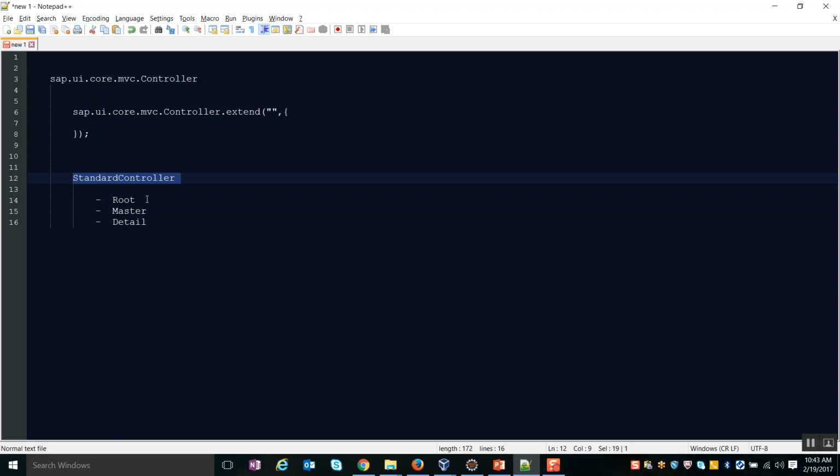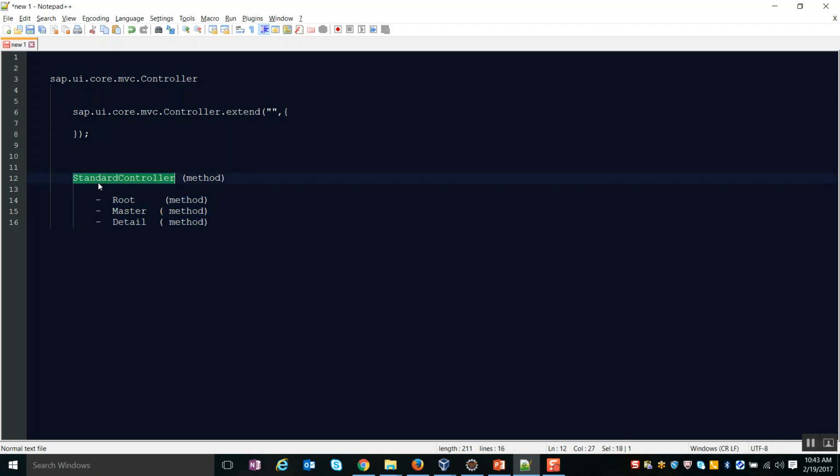But that is not something that I wanted to do. The reason is being that, let's say for example, I wanted a method which is going to be reusable at the master view level. Also, I wanted the same method to be reusable at the detail view level as well. So when I wanted this thing to be reusable in both these places, I would prefer defining it in the super class over here, so that whenever that method is available in the super class, that method is going to be available to all the subclasses. So whenever there is a reusable thing, I wanted to define it in the superclass so that it will be available for me in all the methods.